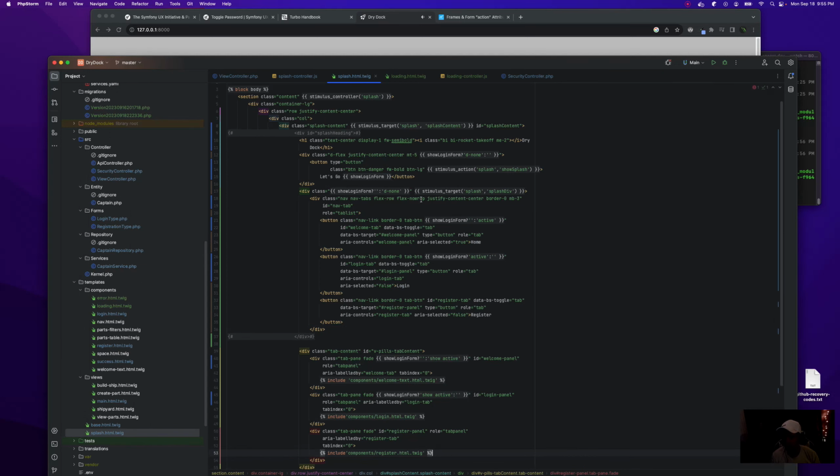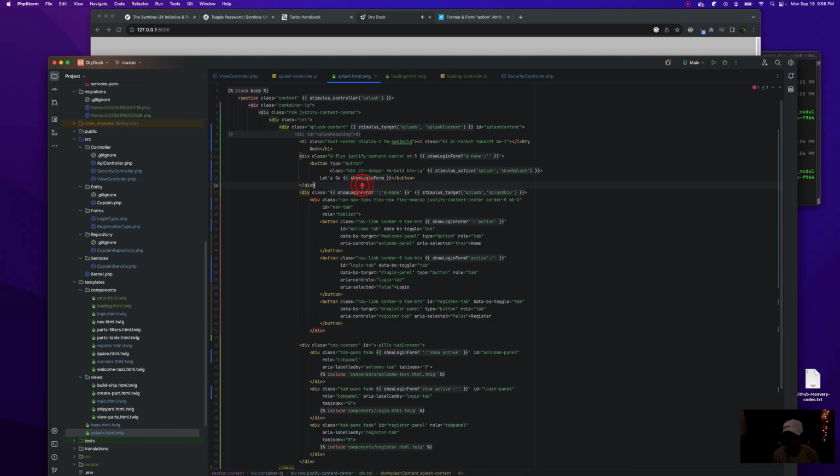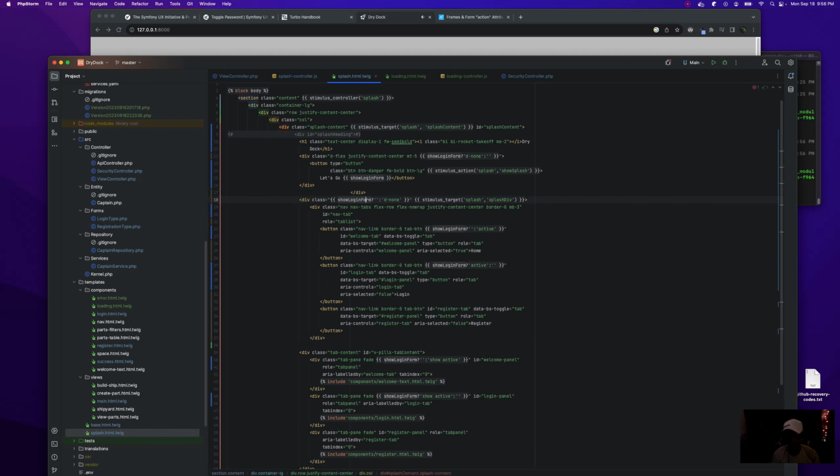But I need to be able to take all this stuff out. I guess I'll just do it in 2 divs. Do splash heading as one. That's kind of annoying, but that's fine. Splash heading.